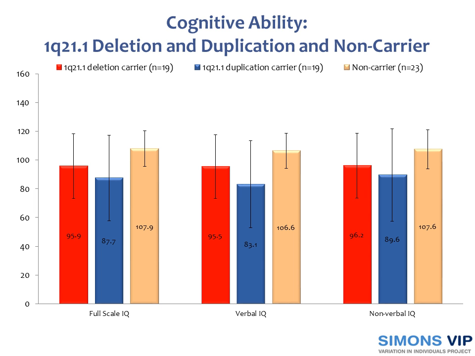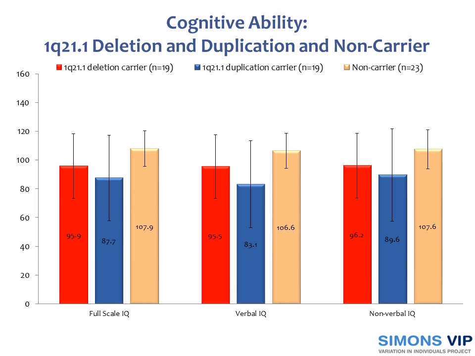Our individuals with deletions also have IQ that falls solidly in the average range, but there's a little more variability, and you can see that variability by those little error bars that extend above and beyond the tip of the bar there. So there's a good amount of variability in our individuals with deletions, but on average, we're seeing abilities falling solidly in the average range. Our duplication carriers are falling solidly in that low average range,